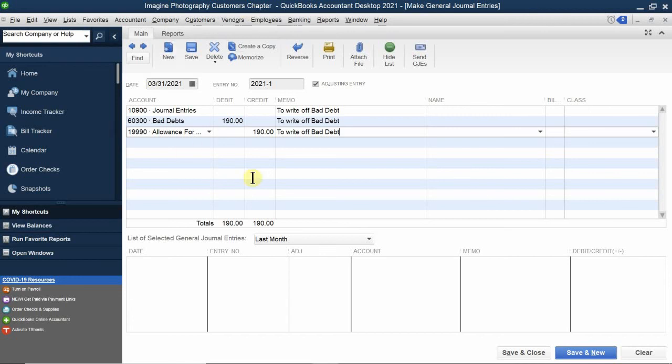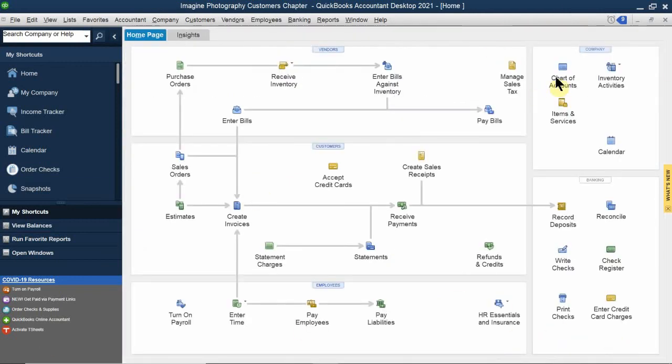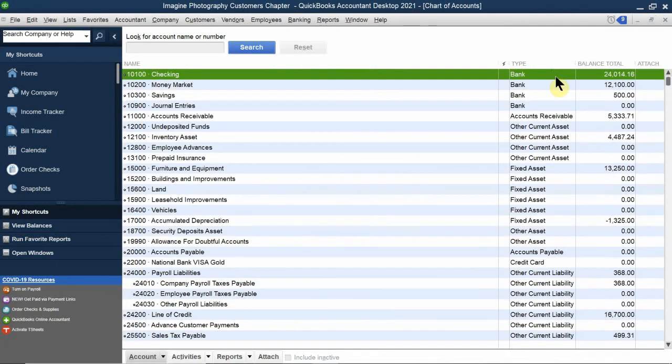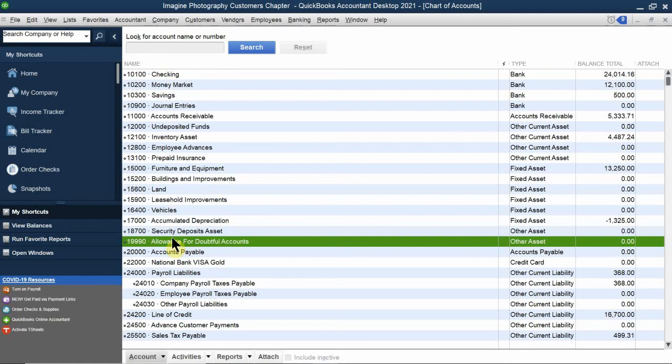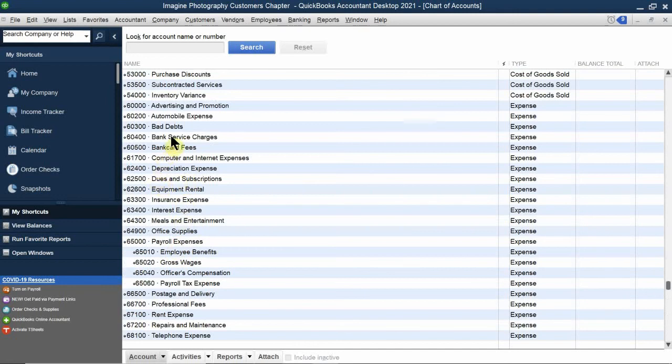Okay, so here is what I've confirmed. Tim is not going to pay me. So I'm going to write him off as a completely bad debt as of March 31st, and I'm writing him off for that whole entire $190. Once I do that, I click Save and Close. That's called the adjustment entry. Let's take a look at my chart of accounts one more time. My account for the allowance for doubtful accounts is now 0 because I removed him out of this company. He's gone. And then if I scroll down and click that bad debt expense account,